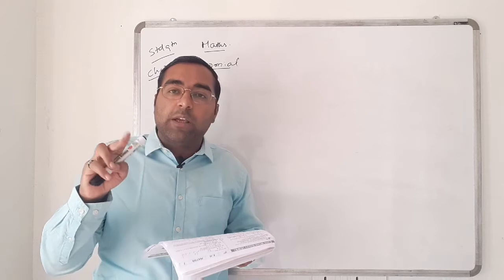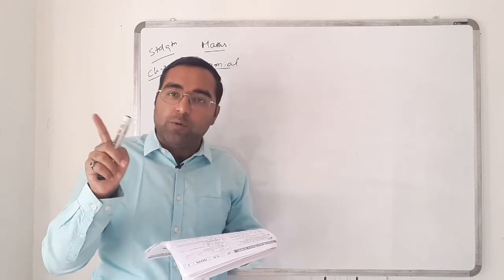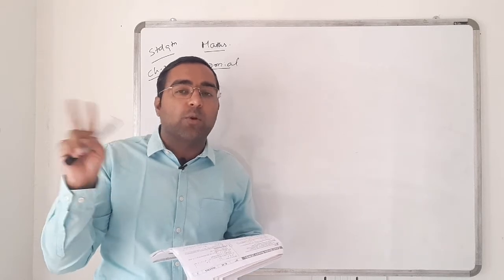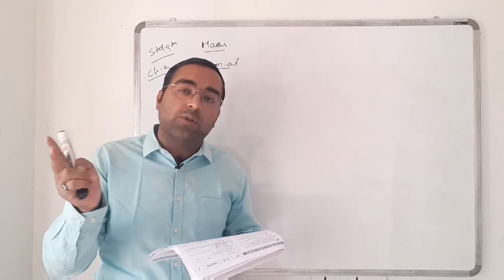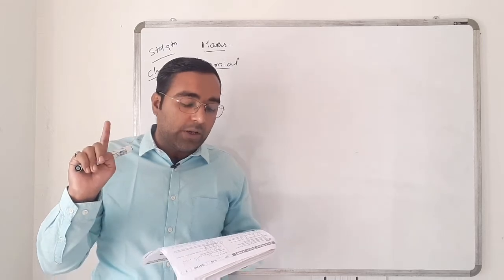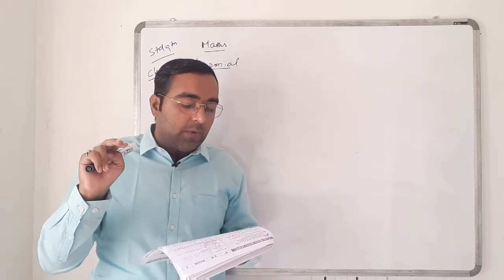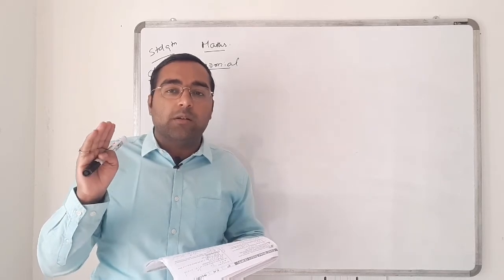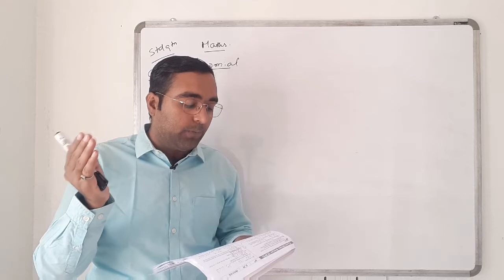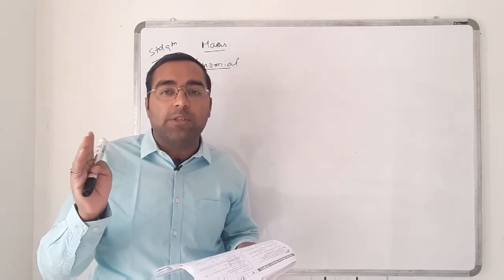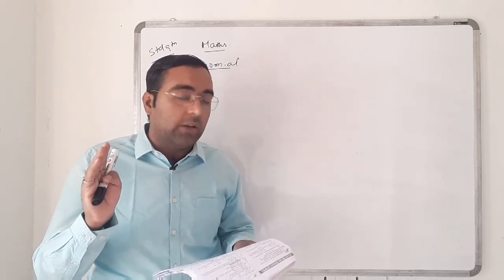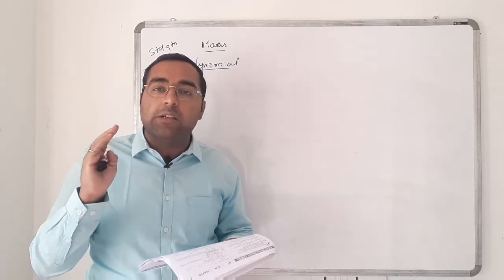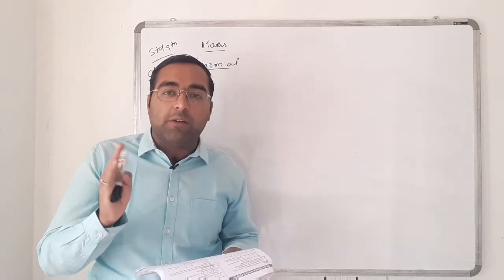Second one, x raised to 1 upon 2 plus x plus 3. Here the power of x is 1 upon 2, a fractional power, so that is also not a polynomial. Option C, x square minus x plus 5 by 2. Here the powers of x are positive integers, not fractional. So option C is the correct answer for the polynomial in variable x.